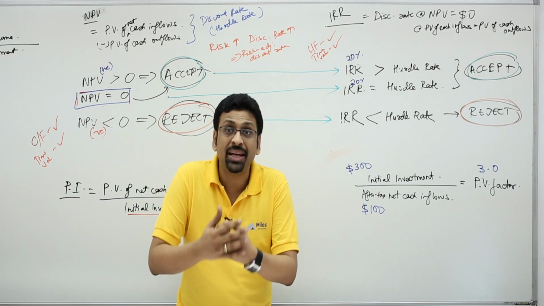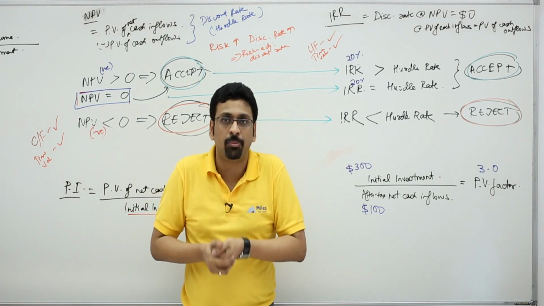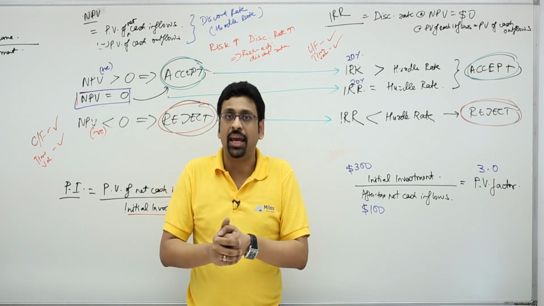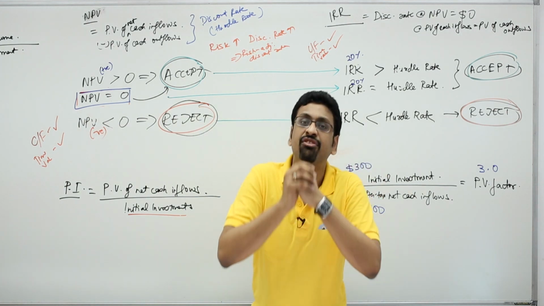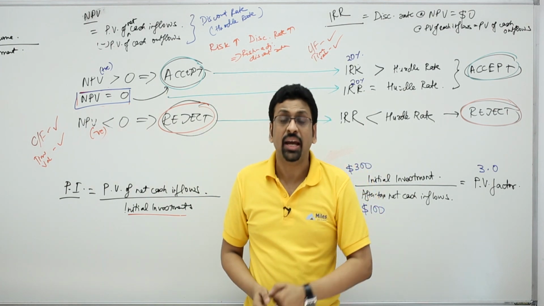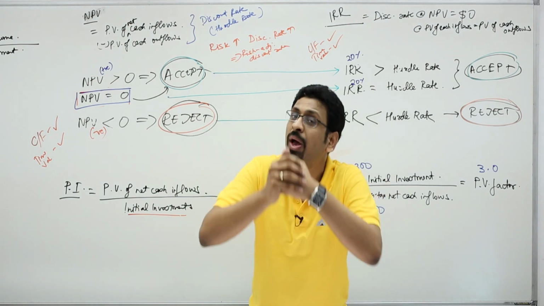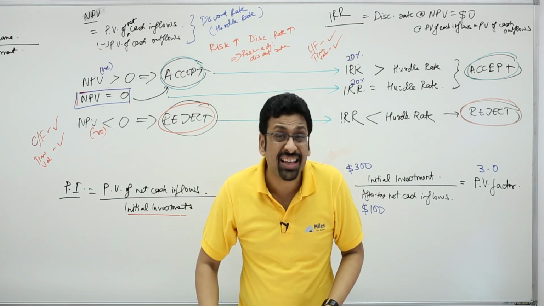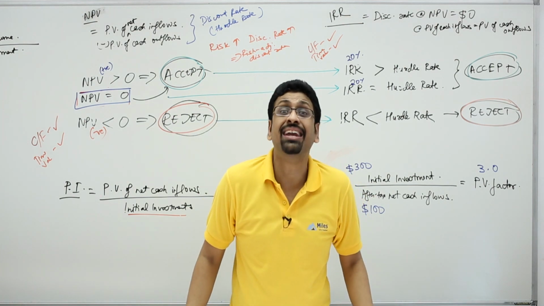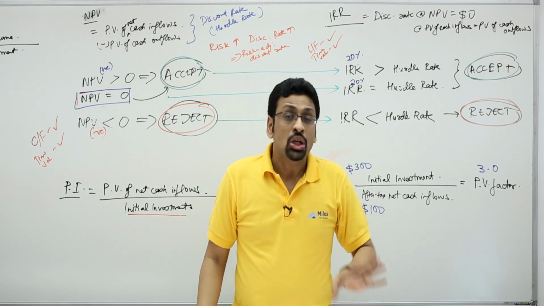It assumes that the company can reinvest the cash inflows from the project at IRR. So for project A, it assumes that the company can reinvest the cash inflows at 15%. For project B, it assumes that the company can reinvest the proceeds at 13%. Now that may not be true because in this case, the company can only reinvest the proceeds at 8%. So that is why